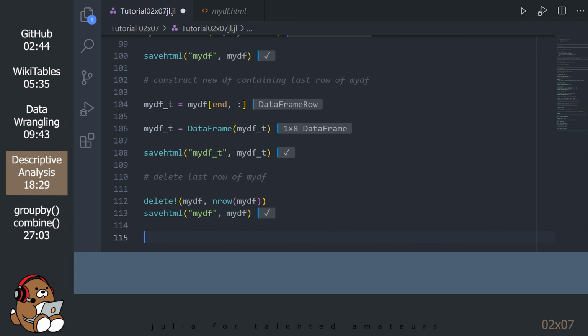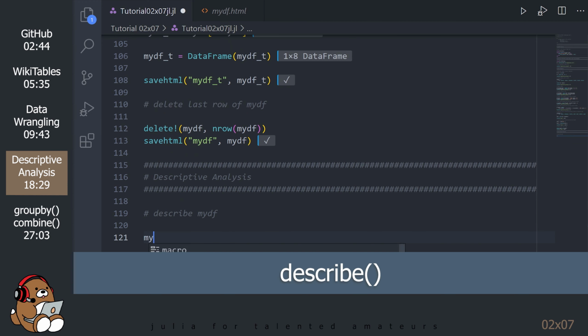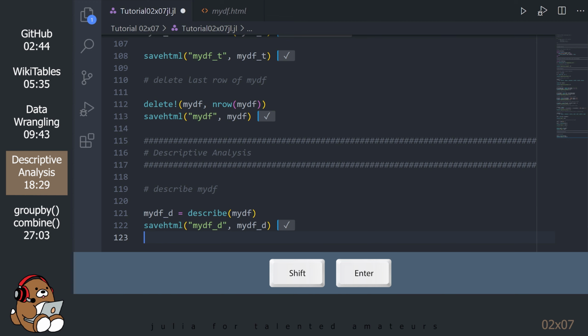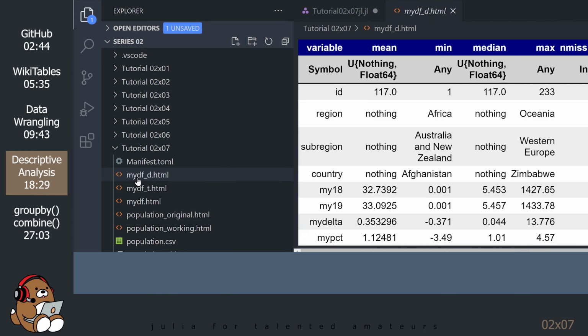Now that we have a clean dataset to work with, the next step is to go through a descriptive analysis to better understand our dataset. A good place to start is with the describe function. Open the Explorer and click on your new HTML file.